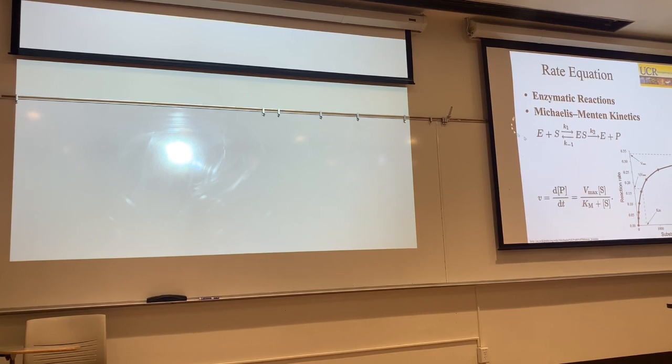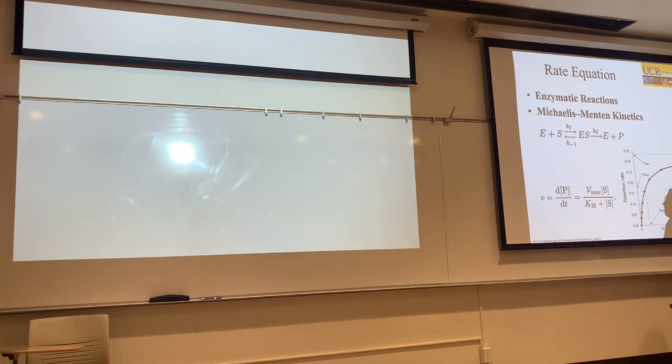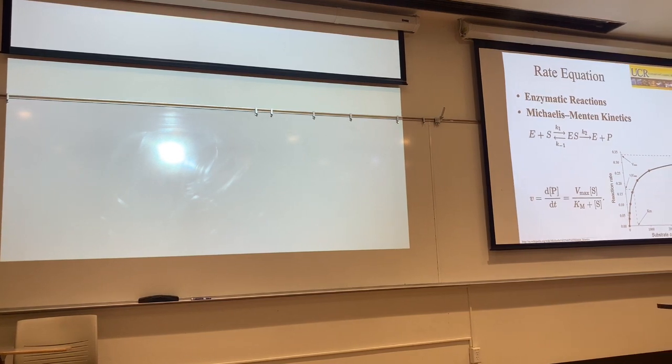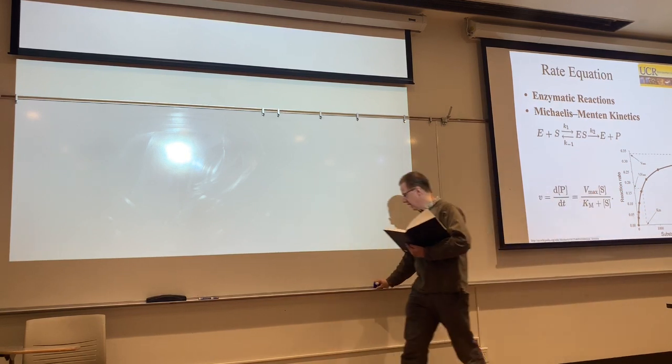And then there's a second step of the reaction, where the enzyme modifies the substrate while they are in this enzyme-substrate complex, and the result will be that the enzyme releases a product molecule. The substrate is no more, it became a product, the enzyme is recovered. So if I want to figure out what is the rate of the reaction, or really at what rate am I going to make the product of that reaction,